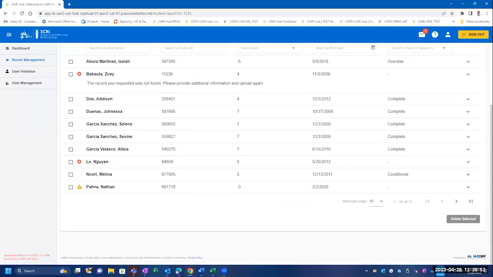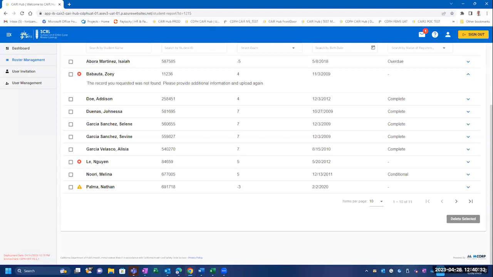The roster lookup will also identify children who could not be found in the immunization registry. You can try to find the child again by updating or refining your identifying data and re-uploading a new roster. Some children may not have immunizations in the registry, either because their primary care provider does not yet communicate to the registry, or maybe they have just moved and haven't yet established their medical home. When this is the case, you will need to follow up with the child's parents or guardians for the immunization information.